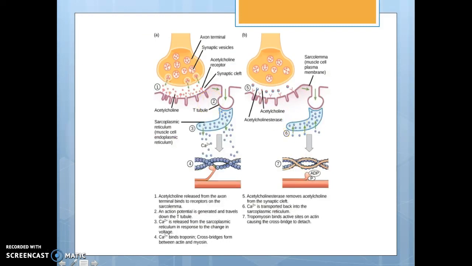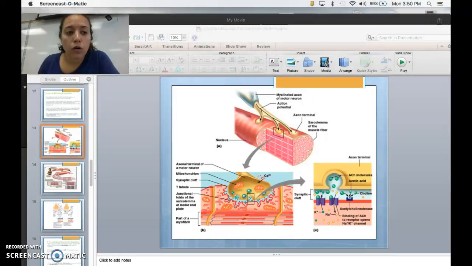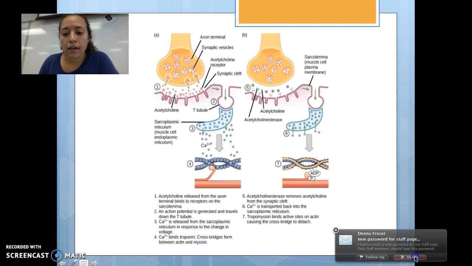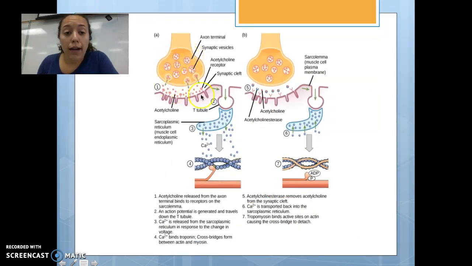Okay, so just to see what it looks like once you're inside. Action potential is occurring here. This is your neuromuscular junction. So action potential, due to the fact that ACh has crossed the synaptic cleft and attached to your receptors, and sodium and potassium ion movement has occurred, is going to propagate, which means move into your muscle fiber. That is going to go, this is called your T-tubule. It's just a tunnel. So action potential will actually go through this tunnel,